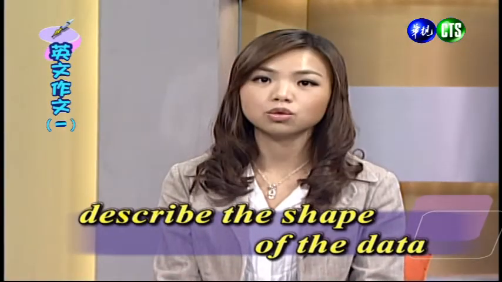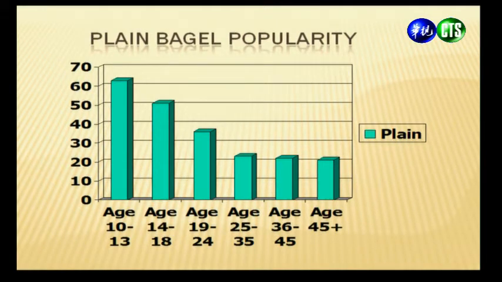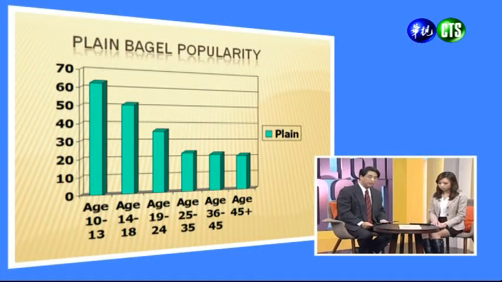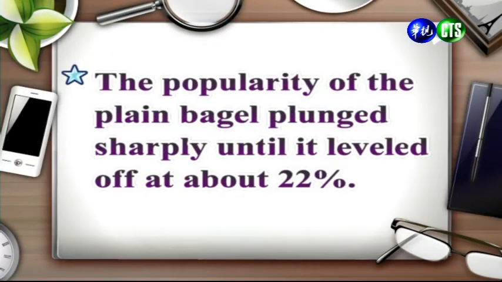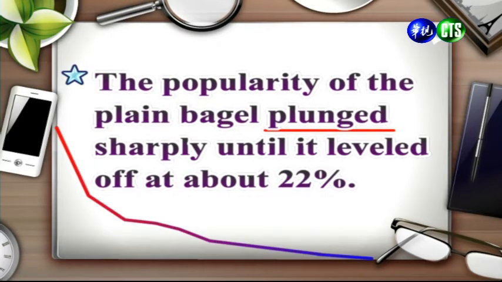So another way to write about data trends is to describe the shape of the data. 好，另外一种方式呢，就是去描述你所看到的资料的走向一个趋势。Now let's isolate the data about the plain bagel. 好，我们现在呢，如果把这个原味贝果的资料独立出来，你就可以看到我们所谓的趋势了。And so from this chart, we can see that the popularity of the plain bagel falls. 好，你可以发现呢，在这个表格中，所谓的原味贝果它的受欢迎率已经下降喽。And so one way that we can describe this event is to write the popularity of the plain bagel plunged sharply until it leveled off at 22%. 好，因为我们看到了这样一个下降的趋势，因此呢，我们可以换一个方式来描述这样子一个下降的趋势状态。你可以说，原味贝果受欢迎的程度急剧的降低，直到剩约22%时才平稳下来。